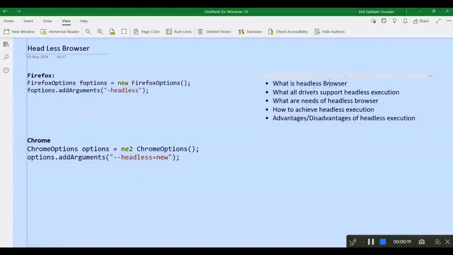So we'll be talking about this, and after that, we'll be talking about what all the drivers are which support headless browser executions, and also what the needs are, what the situations are when you need this headless browser execution, right? And also we'll be discussing how to achieve this headless browser execution. And after that, finally, for each and every functionality that you learn, you must discuss